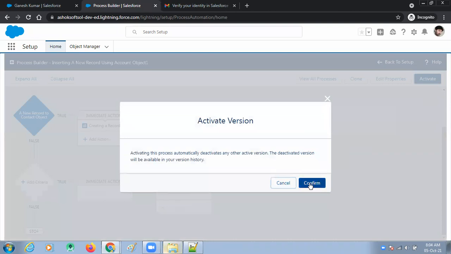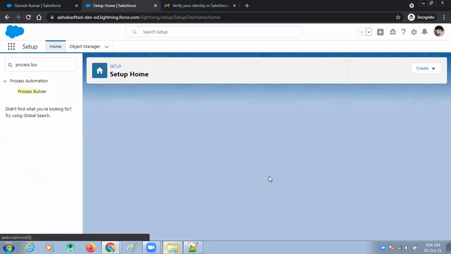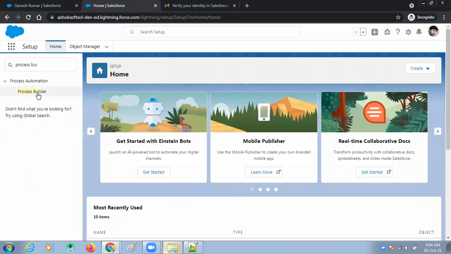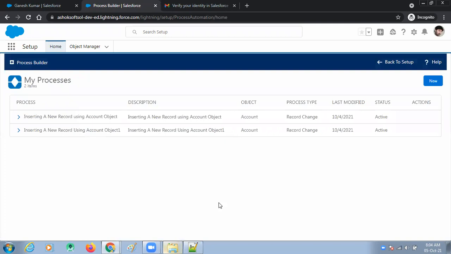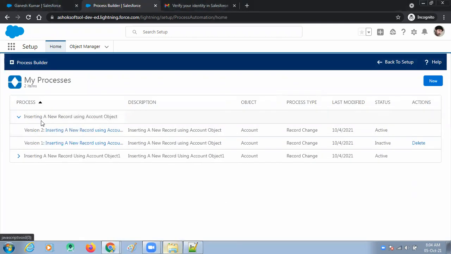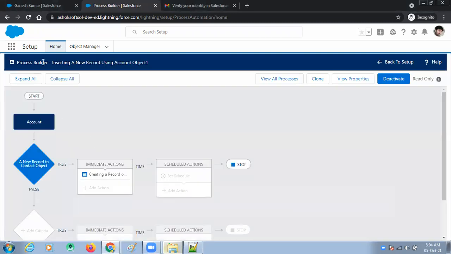Activate now. Step 2: in the process builder, I want to deactivate the first one. The first one is the new record process.